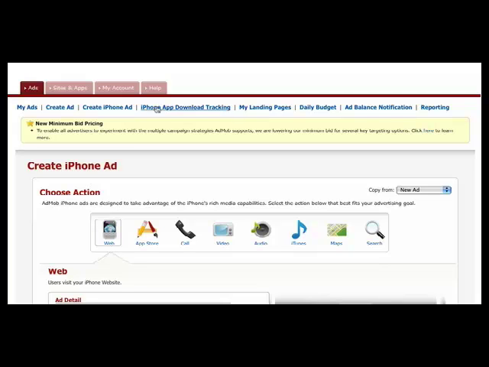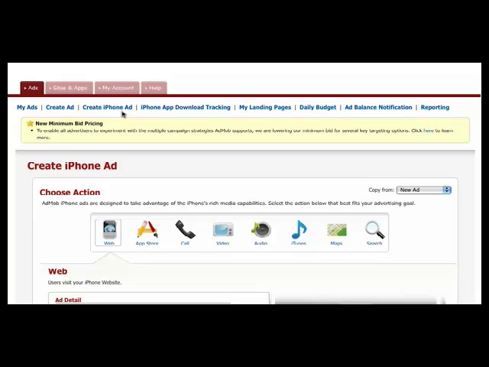There's a place out there called AdMob, and you simply go to admob.com. AdMob is a very unique service where you can actually promote products through the iPhone. You may be wondering, well, how many iPhones are there really out there where you can get a lot of exposure? Well, I'll tell you right now, I don't know how many iPhones are out there, but